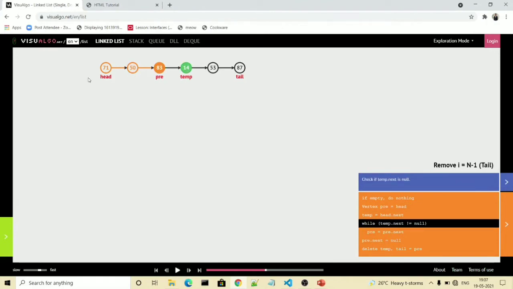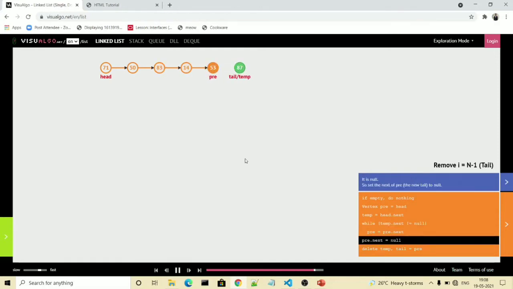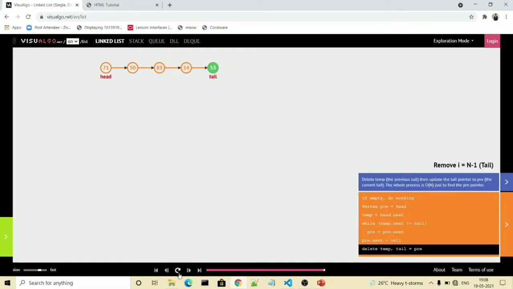Now we are able to see that we have started our current from the head, and we are moving from the head towards our tail. As we are progressing, we are always keeping track of the previous node to our current node. Once we get our tail node, we will simply say previous.next is equal to null. So the tail will be detached from our linked list. In this way, we can implement the pop method. Yeah, so with this, we have successfully implemented our pop method.